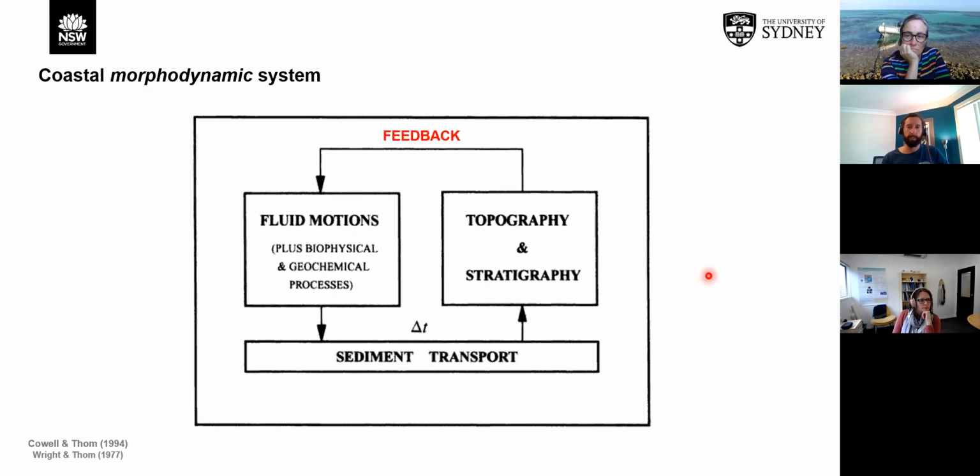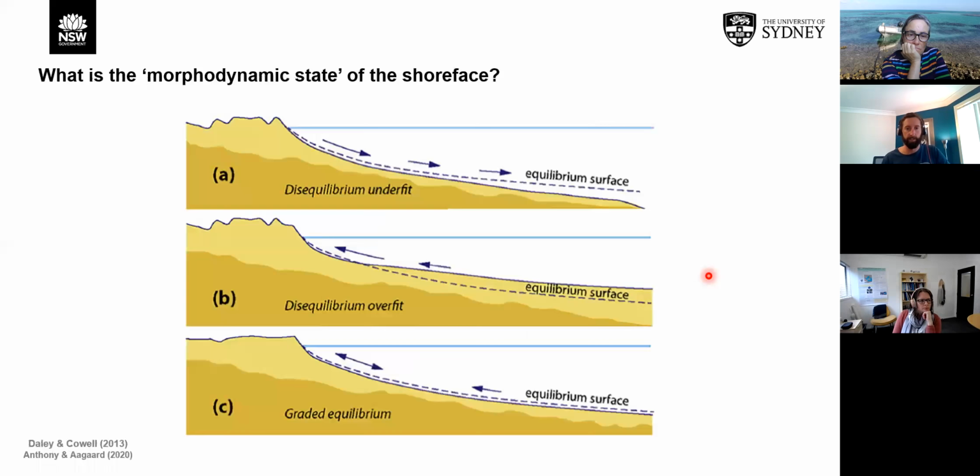So what that all means is that the system can drive itself. It's not completely dependent on external forcing from the wave climate or sea level change, for example. Once the boundary conditions change, the system can continue to evolve even after the boundary conditions cease to change. So an important concept